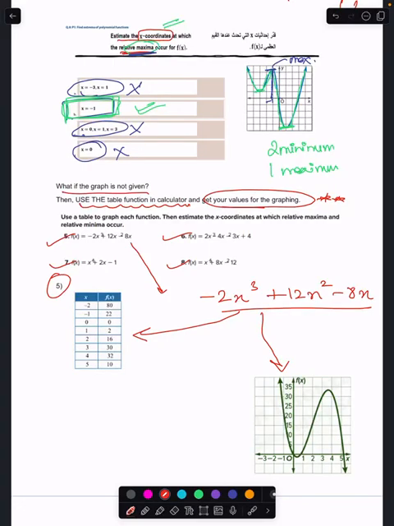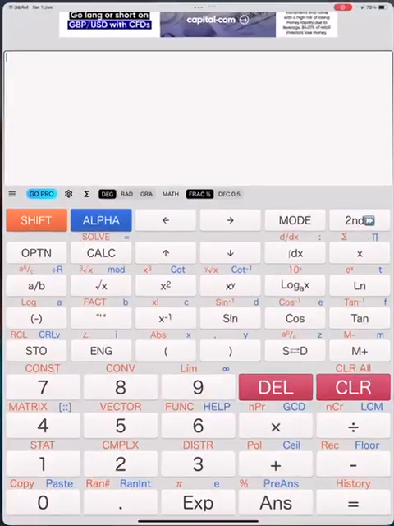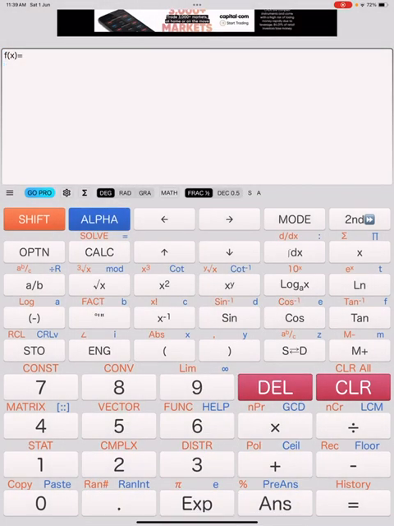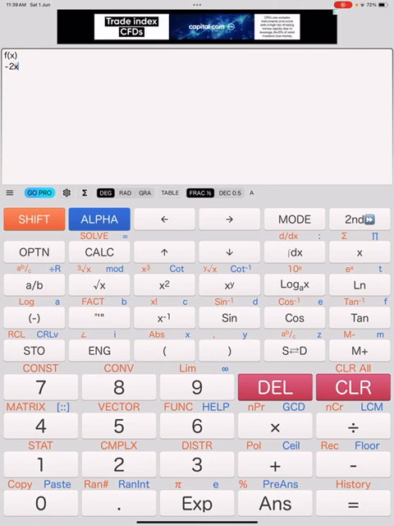So let's input the function and check in the calculator. Okay, so in the calculator, as I said, we will go to mode, we will go to table mode here. In the table mode, in your calculator, it might be on number 7, or if there are small icons, then look at the table, x and y, made like this. So choose this table function, input the function which we have, minus 2x cube